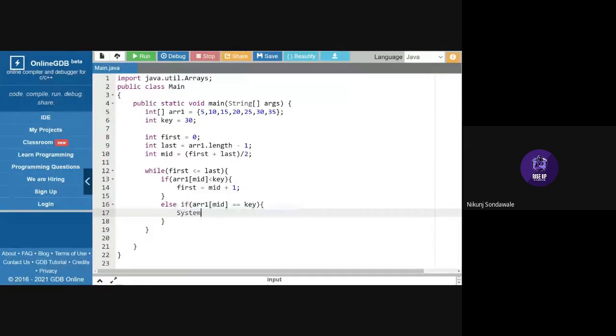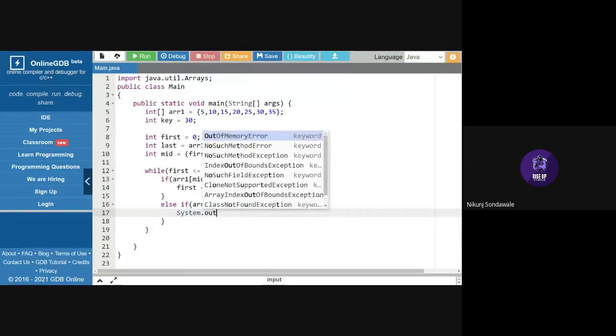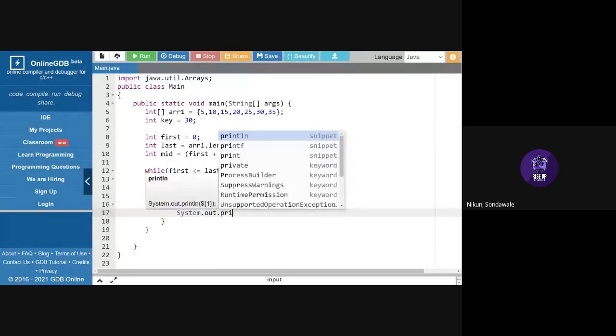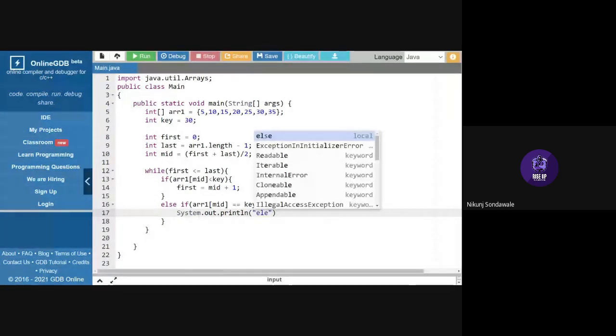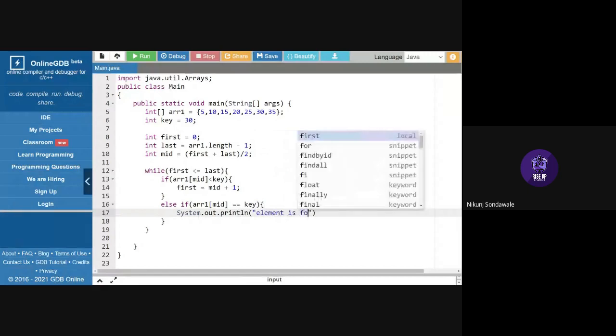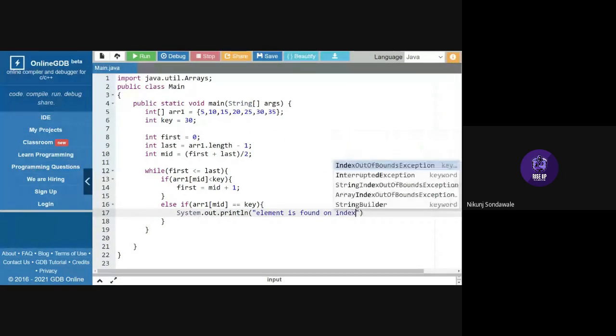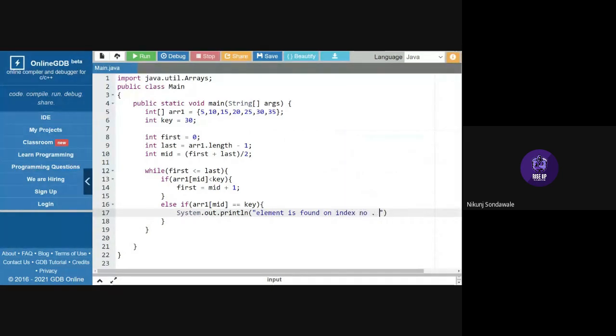For that, we'll use one print statement, System.out.println, and in that, just print "element is found on index number" plus mid.